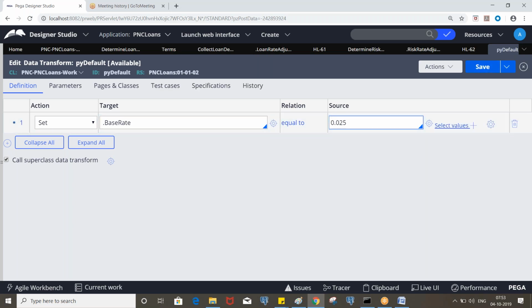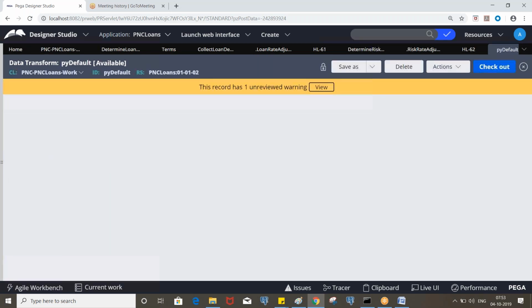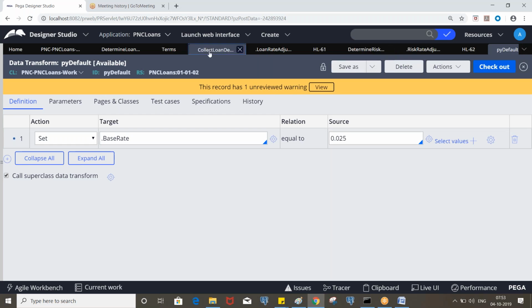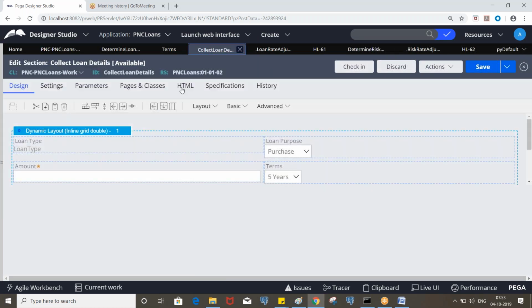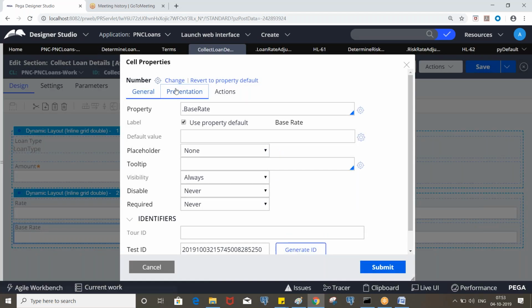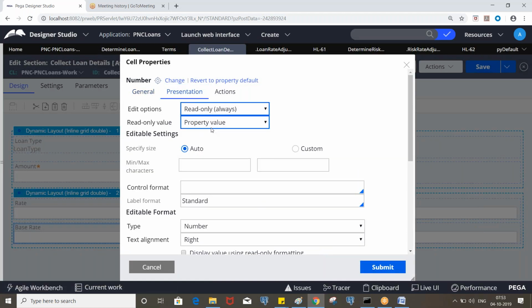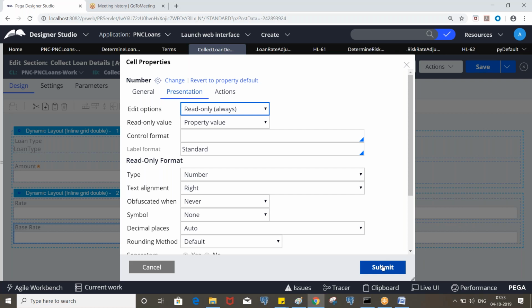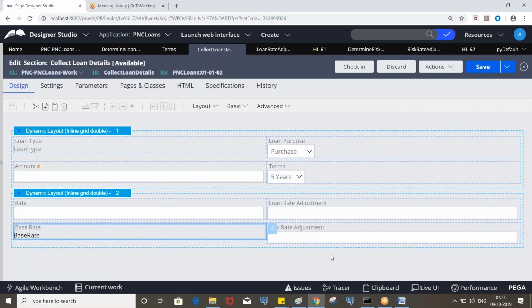So we are defaulting this and we can make this read only, right? Go to the base rate. Read only always. So now we have base rate, loan rate and risk rate, and we need to calculate the rate.